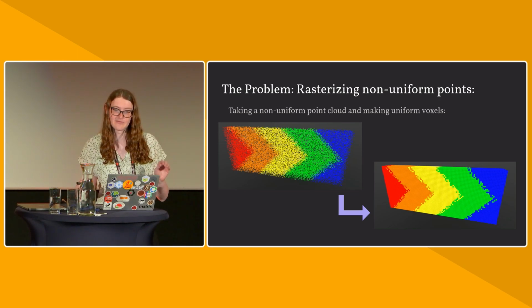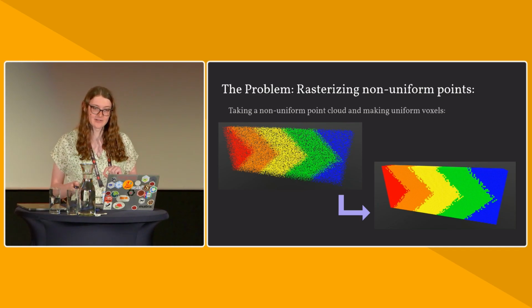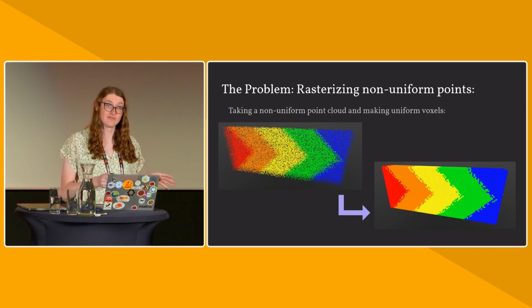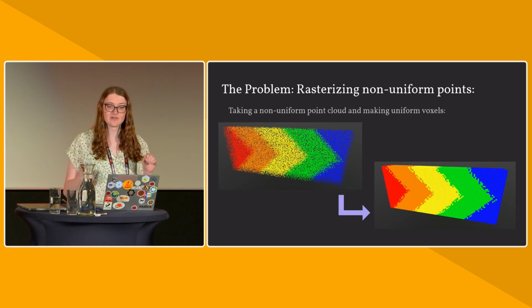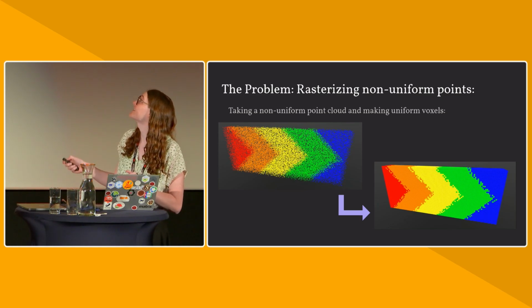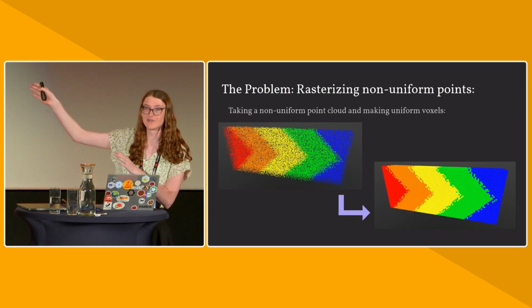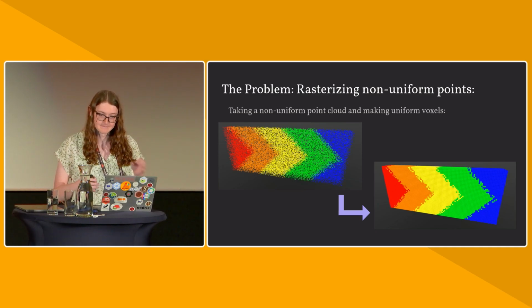The spatial distribution for our point cloud was relatively uniform, but it wasn't entirely uniform, and we wanted to uniformize it. Essentially, we wanted to rasterize this point cloud to a set of uniform voxels that had the right material tagged on it. You can kind of see what that looks like here on the right. If you're in the back, it might be a little hard, but this is a bunch of uniform voxels, and they each are colored based on what material composes them.